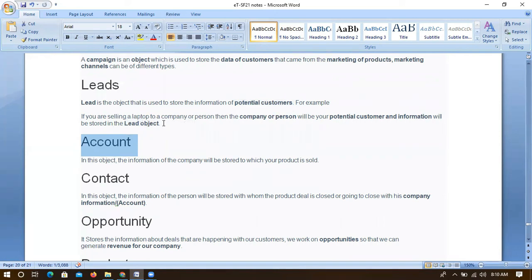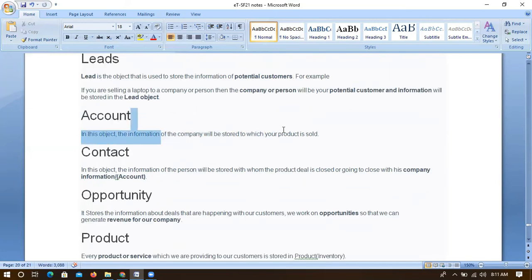He has gone through all the policies, terms and conditions, he is okay with all the products which we are selling, and he wants to be a customer of the HCL company. In that case only we will convert that lead into an account, contact, and opportunity. Then only we will store that actual information. When we create this account, it means he is an actual customer. Till then he is just a potential customer.